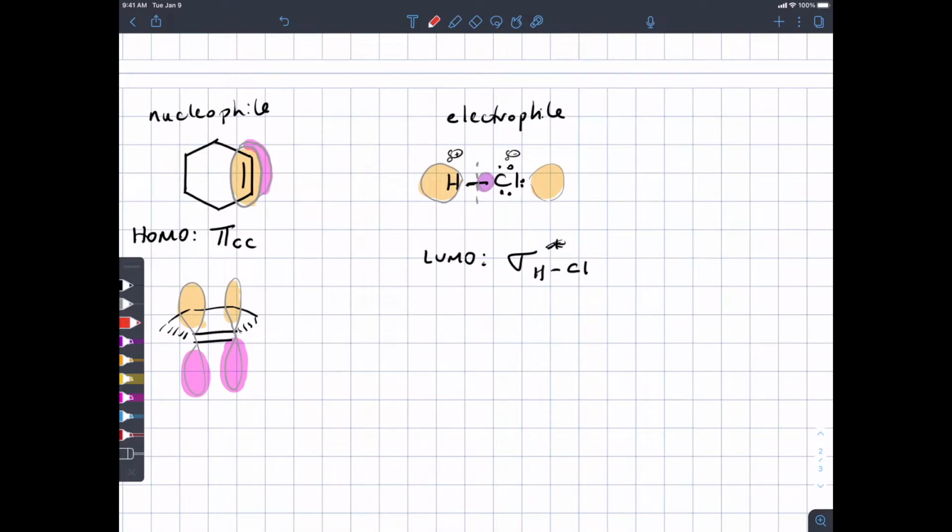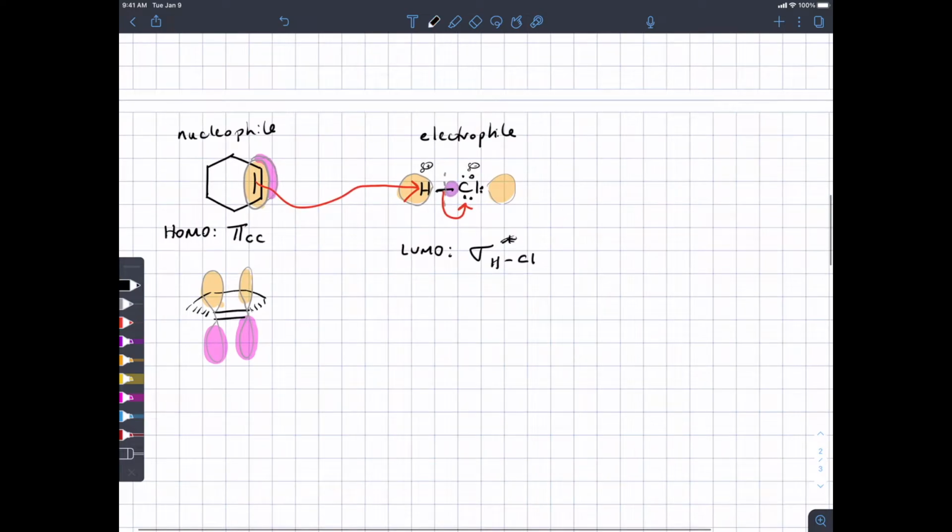What should my arrow do? What do you predict will happen in this reaction if we keep the OChem commandments? And I'm sorry, I just went to the Hamilton. OChem commandments. Okay, sorry. Go ahead. So the pi bond will attack the hydrogen. Okay. Yeah, and it will cause that bond to break. And should cause this bond to break. Good. So that's exactly what happens, and we're not even going to get to that reaction till chapter 10, which